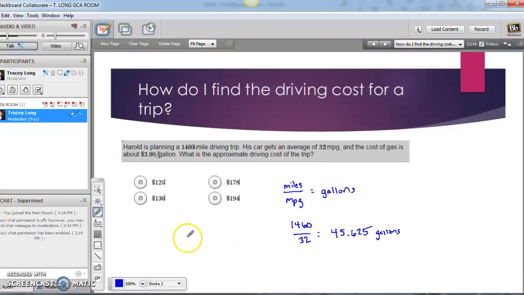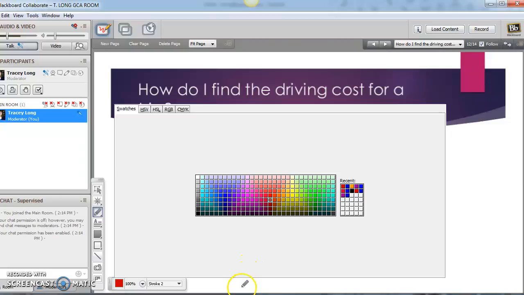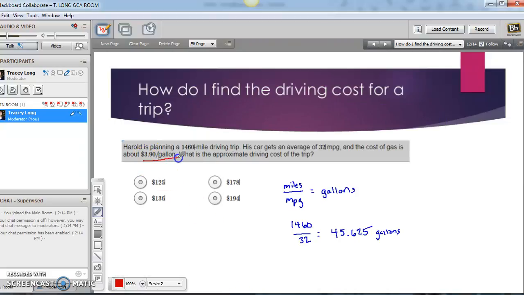So now we're going to take that and ask, all right, how much did it cost him per gallon? Well, we know that the gas costs $3.90 per gallon. So I'm going to multiply that times $3.90, and that will tell me how much he's going to spend on his gas. So he's planning ahead a little bit here for his trip, and he finds that it's going to cost him about $177.94, which in this problem they have rounded to the nearest dollar. So I'm going to round that to